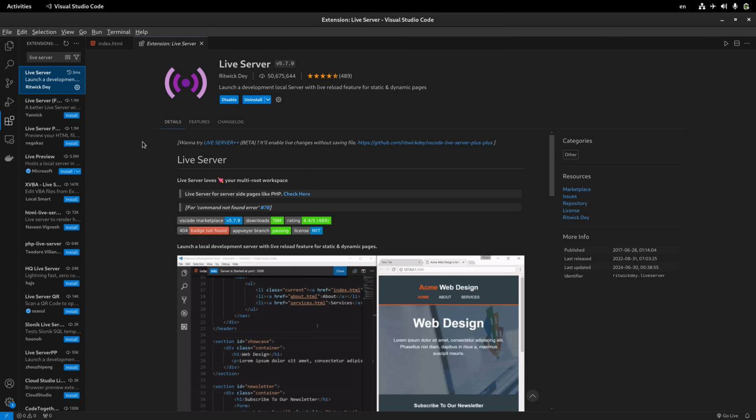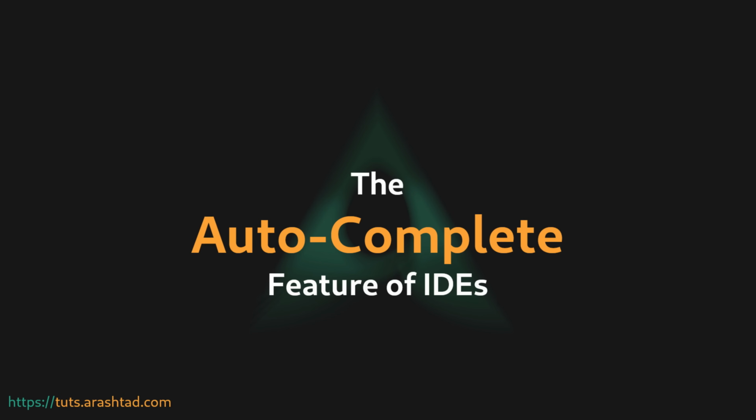One of the useful features of most IDEs is the autocomplete feature, and that's when you type a part of a code and the IDE completes the rest of it for you, and it will increase the speed of coding and also decrease the mistakes and typos that you make while coding, because the autocomplete feature has a tendency to correct the mistakes as well. So let's see some